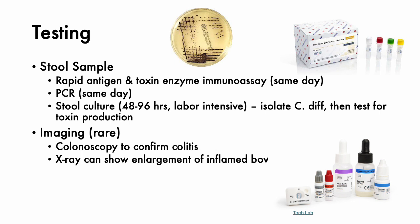So with that in mind, it's important to test for C. diff only if you have a reason to. So in hospitals, 3 loose stools within the span of 24 hours usually prompts a C. diff test. When testing for C. diff,